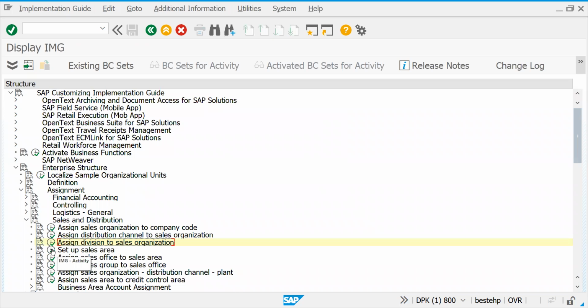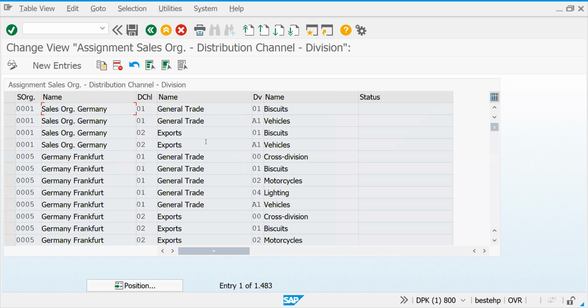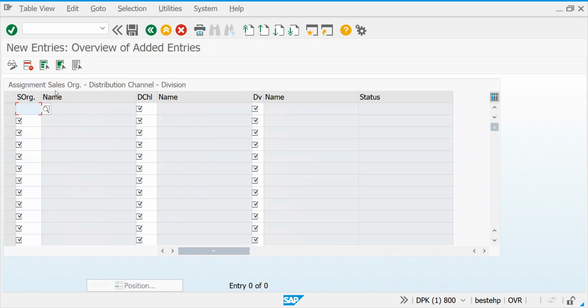Let's go back. Yesterday, as per our Excel explanation, I told you that your sales organization, distribution channel and division combination is called a sales area. By using this sales area, you are able to fix the price. You are able to use different kinds of document types, specifically for a specific sales area. Like, you can do different differentiation. Let's go here.